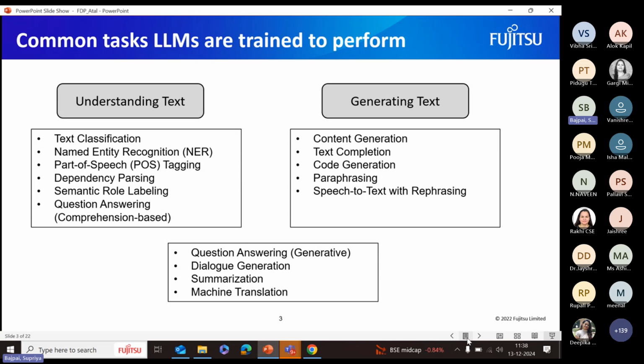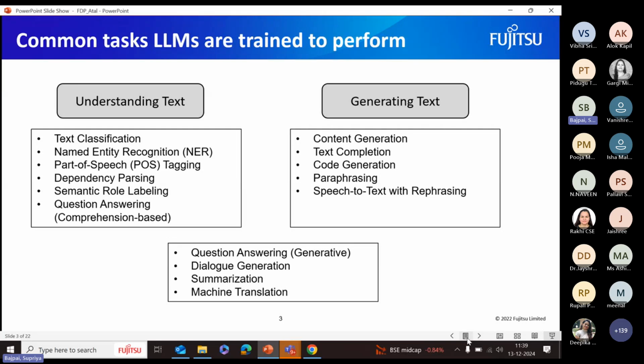In context generation, suppose a user asks it to write a story about an old man. It is just a single prompt, and depending on this, it will write the whole story. Suppose a 100 word story, or 200 words, depending on the requirement of the user. So it is basically a generation task. Similarly, text completion. Suppose some text is given and we want to complete it. For example, in Google, if you type just one word, it will already predict the next word. And paraphrasing is also generating text.